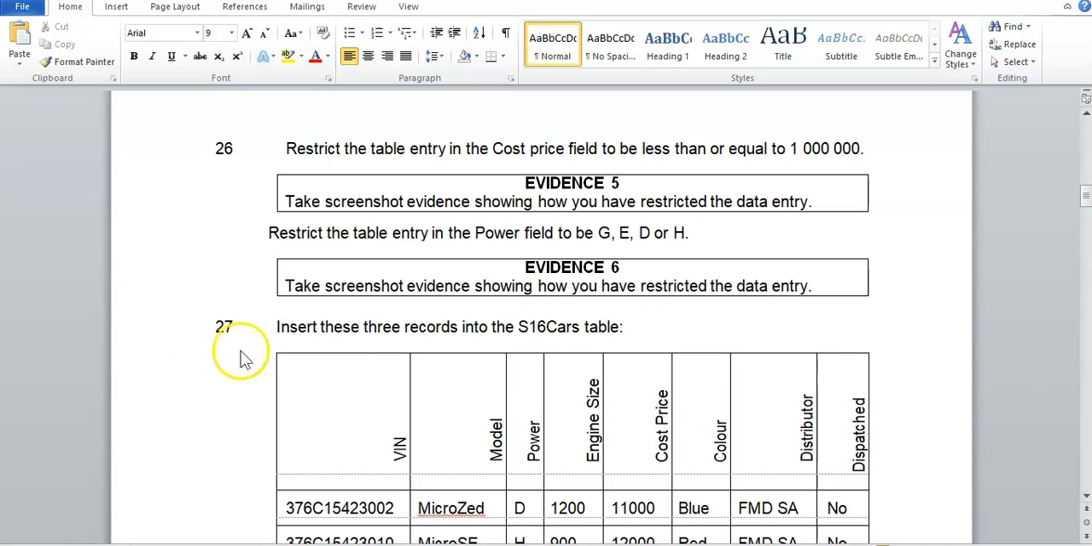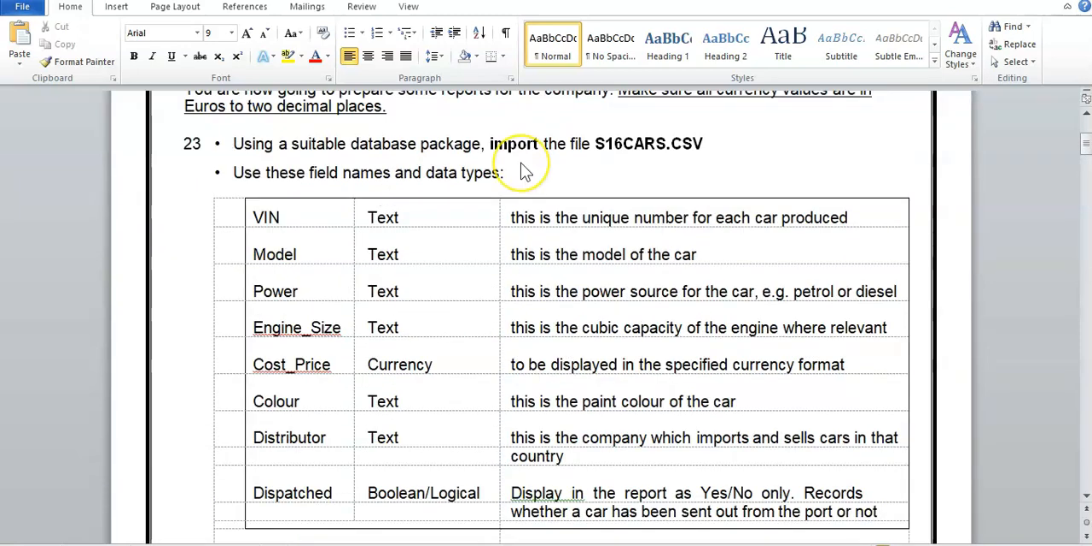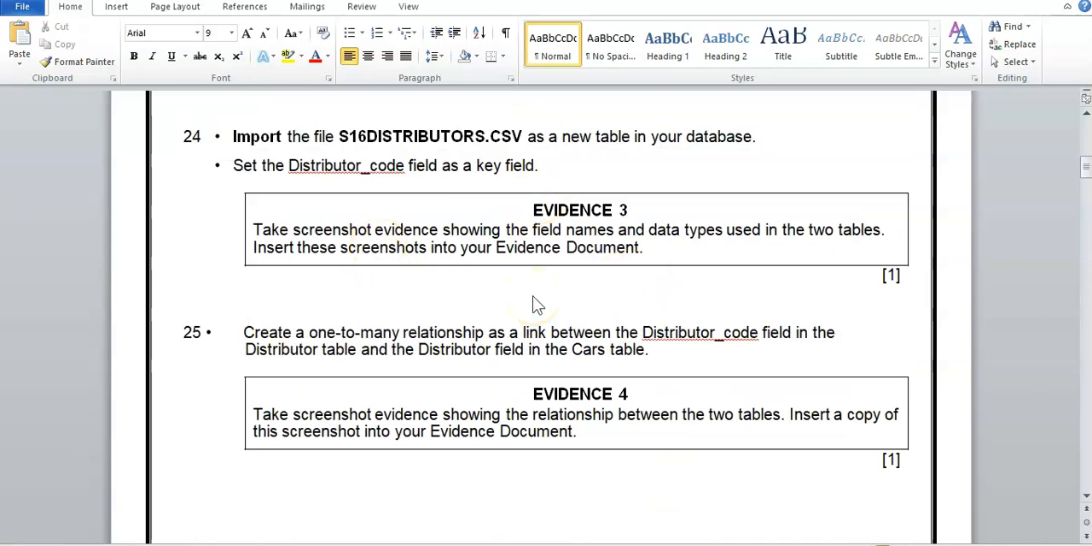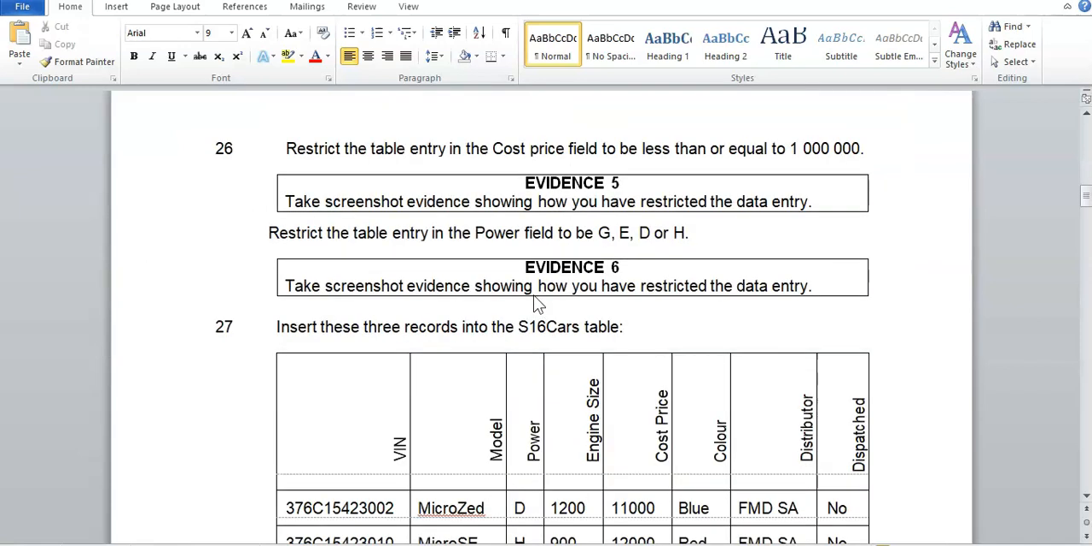Okay guys, so in this video we're going to look at step 26, which is going to be talking about validation rules. So in the previous video we imported the two files that we're using, and we formed relationships between those two files, and now we can actually start working on applying certain properties to these fields that we are working with. So to restrict the table entry in the cost price field to be less than or equal to